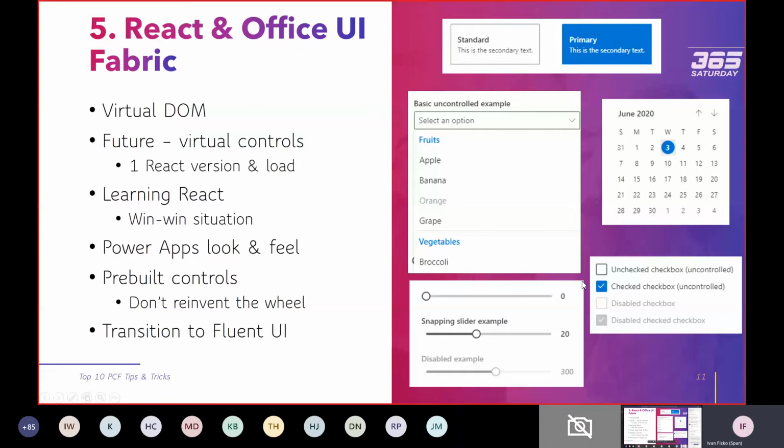That's why you would need to use Office Fabric, because you can see on the right, those controls are familiar to you because you see them every day in your applications and Power Apps. So you don't need to reinvent the wheel, you just use the pre-built control. For example, the calendar. It has the Office Fabric UI. It has a calendar that exposes lots of features, for example, minimum and maximum date, or what do I do when I click on a date, when I open the calendar. All those events are exposed to you, and you just need to add the logic to it to work